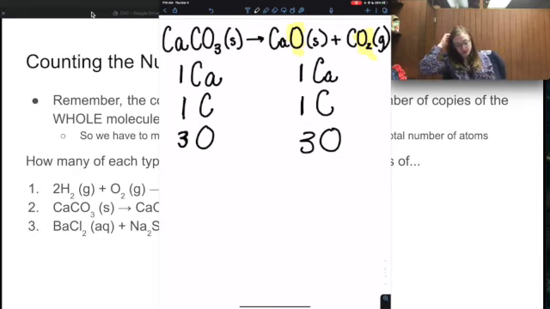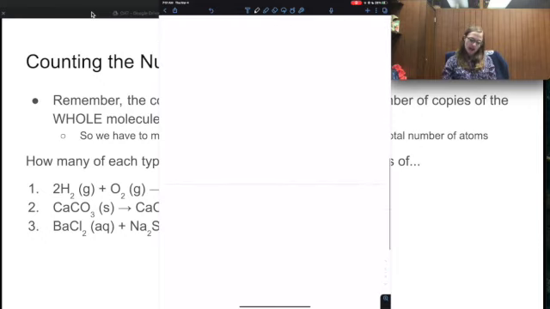But again, it's pretty straightforward. You just remember that the coefficient tells you about the number of copies of a molecule you have. So let's go ahead and do the last problem we see on the screen. So this is going to be